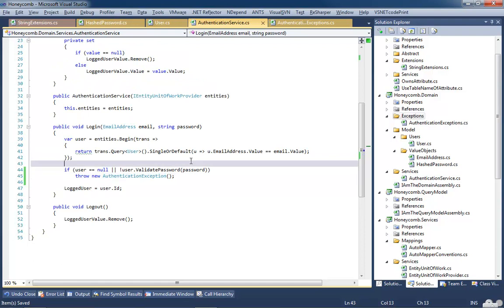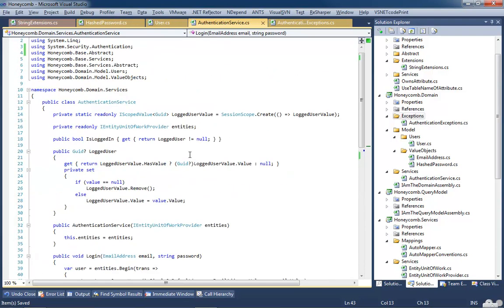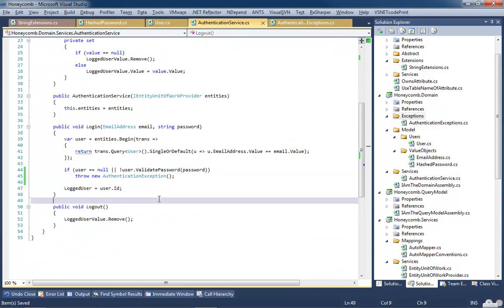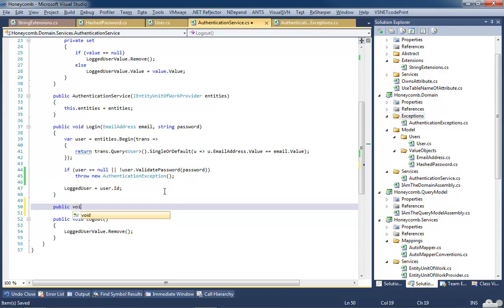So yeah, that's actually pretty much it as far as the authentication service. It does everything it needs to do. We can log in as a user and we can log out. And I'm going to make another method called LoginAs. And all LoginAs is going to do